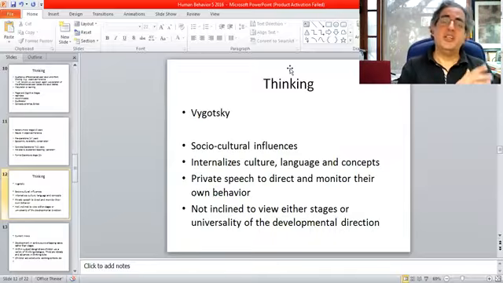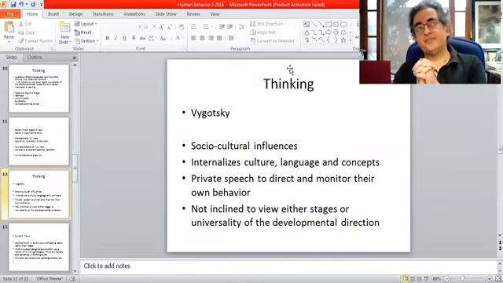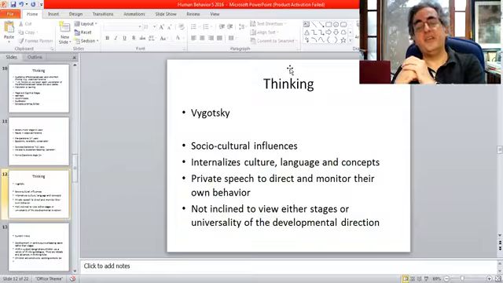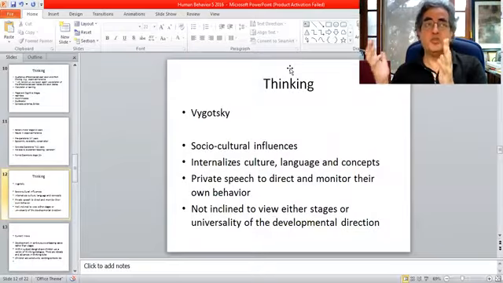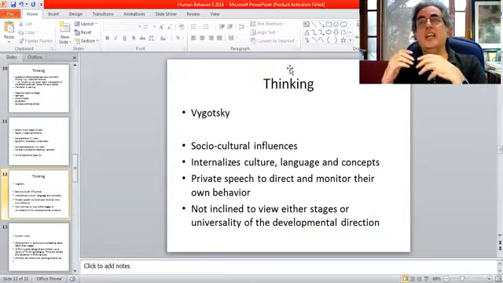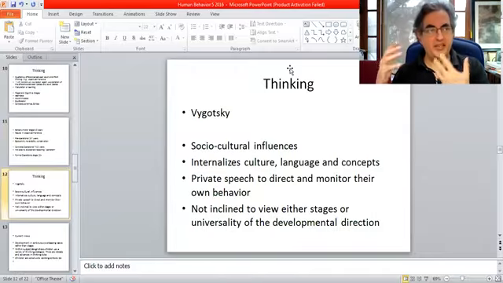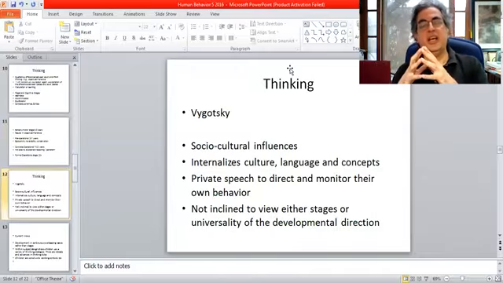So Piaget is working in the West. In the Soviet Union, you have Vygotsky, who disagrees significantly with Piaget in terms of socio-cultural influences. He thinks there are no culture-general patterns of thinking. Our thinking right from the very beginning is very, very influenced by culture. And he suggested that culture sort of